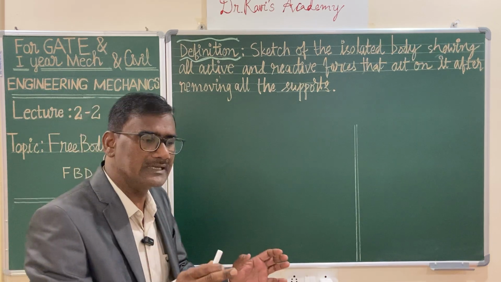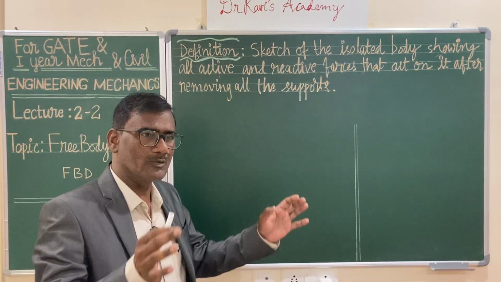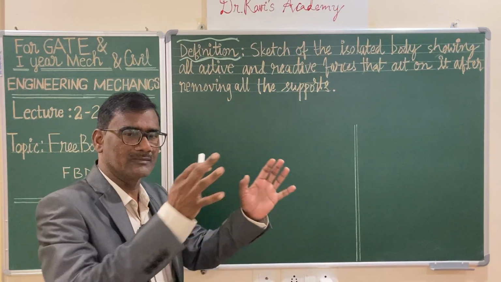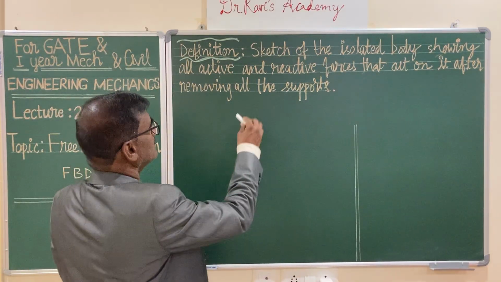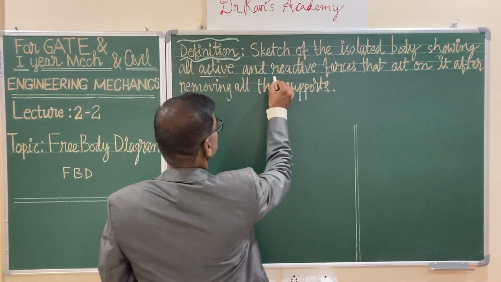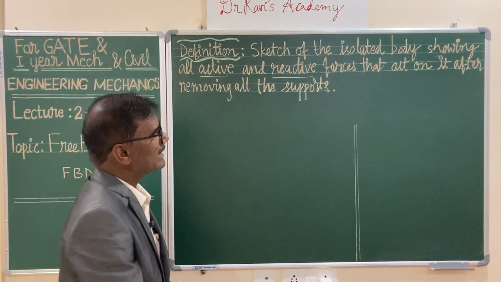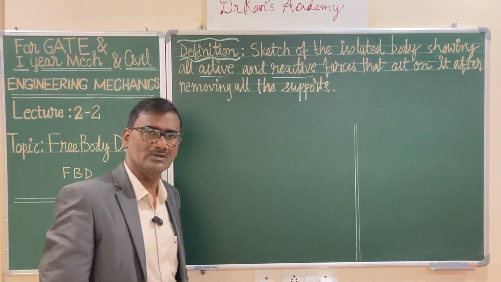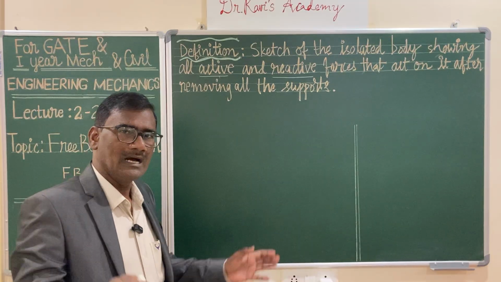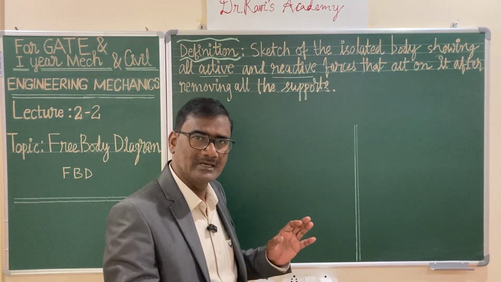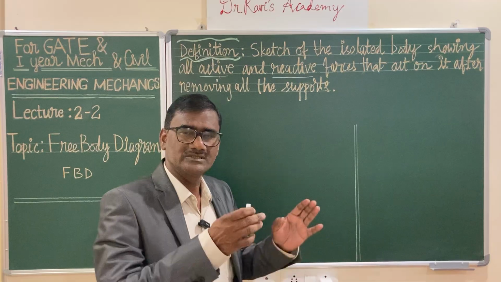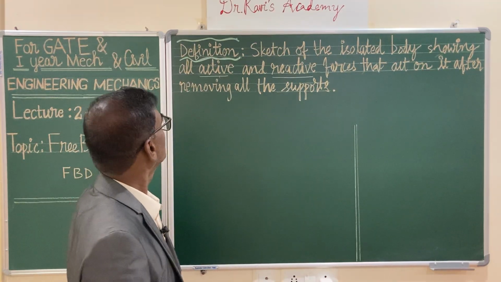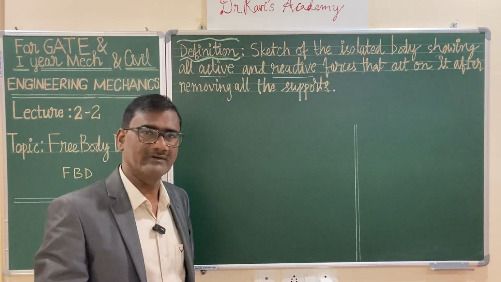So you are isolating the given body. Sometimes you may have a connected system, and the body under consideration you are isolating from the surroundings, and on that you are representing active as well as reactive forces that act on it, and you are removing the supports appropriately. That means you are removing the supporting elements, and you are incorporating appropriately the reactive forces upon the body which is under consideration. So this is the definition of free body diagram, and of course it's a very important topic